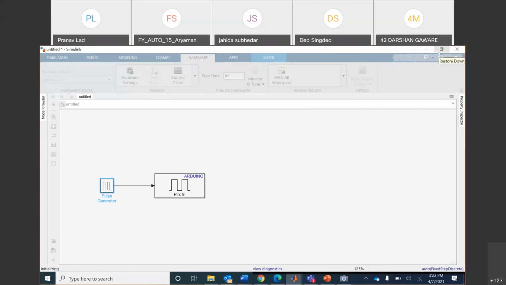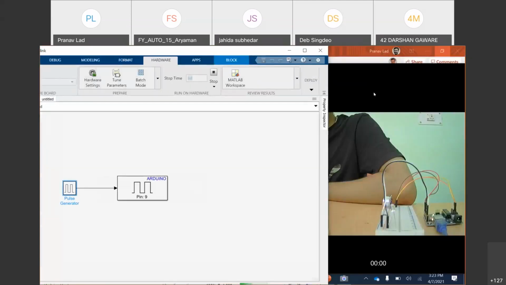Pranav, probably the point here to mention is that we do not have to learn the exact programming language for deploying this model, right? So we are doing everything graphically just by connecting blocks. Right. Yeah, exactly. So here we are not writing any lines of code as you see here, right? So this is the advantage.